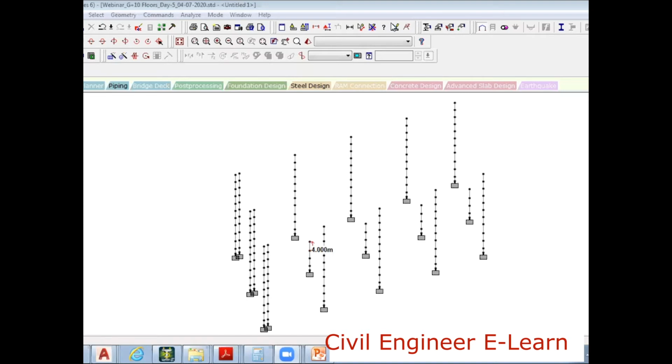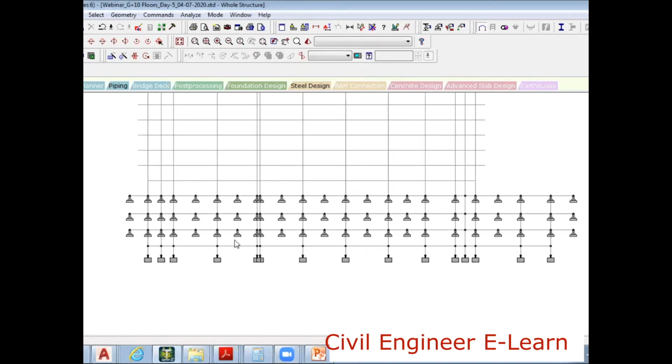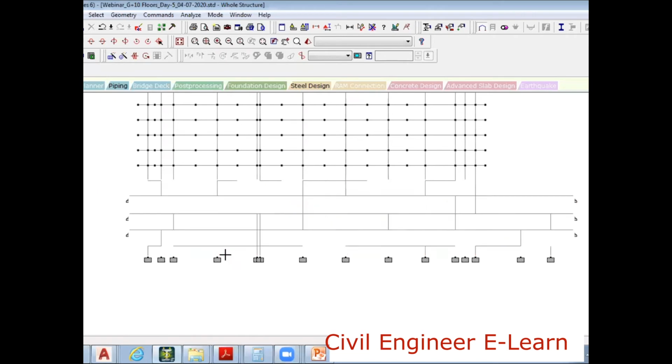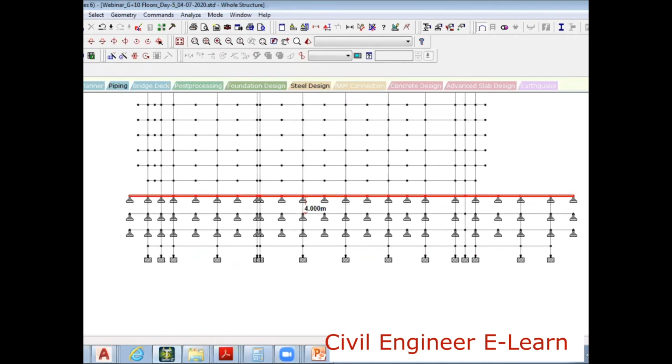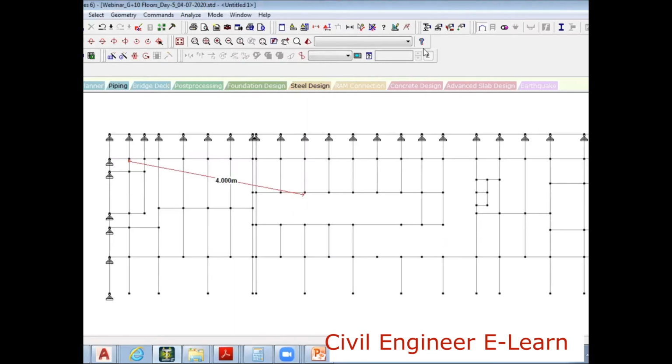First point. Aslesha is saying why we give pinned support at middle of column. Where did we give pinned support at the middle of column? Did we give any at middle of columns? No, these are not the middle of columns. These supports are now just visible. So those pinned supports are exterior supports only. I can just show you like this. I can take like this, right click, new view, okay. Go to this, yes, check this. That's it. So these are all the exterior pinned supports.